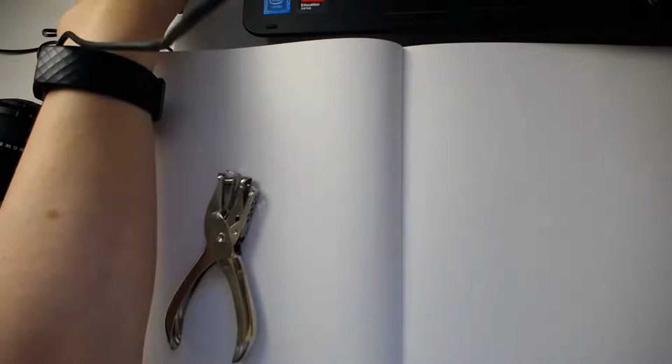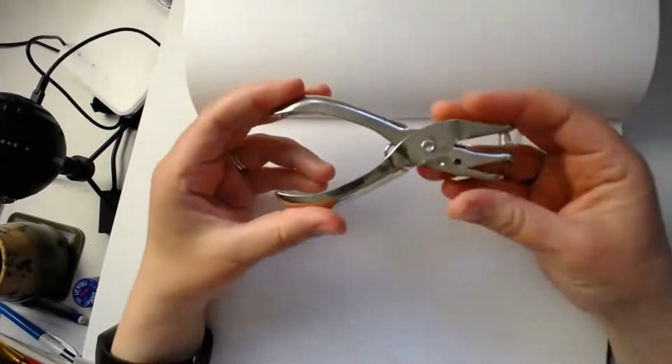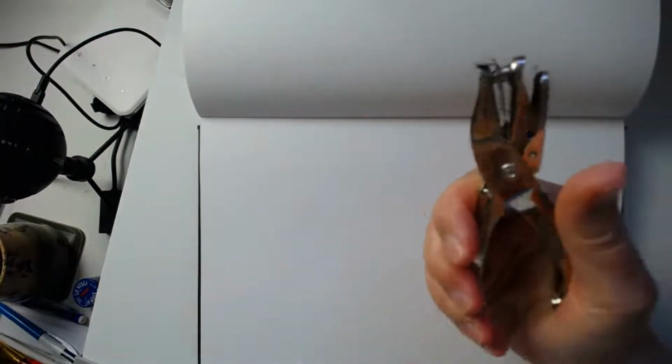Yay, welcome. Welcome. We are going to be drawing today. Welcome to everybody who's joining me. So we're drawing a handheld tool with moving parts. This activity is all about